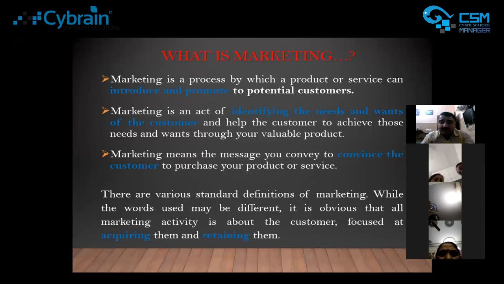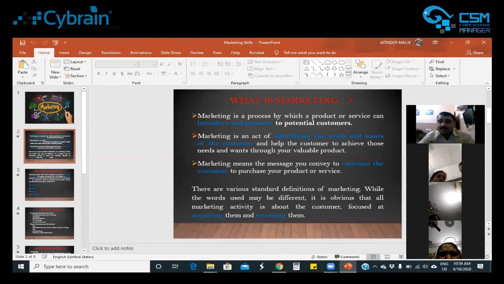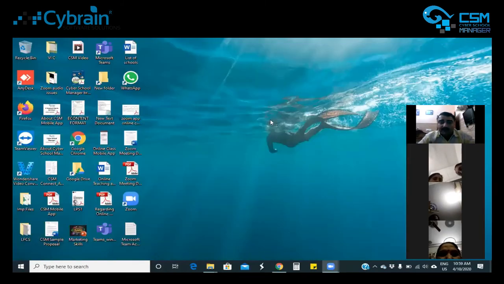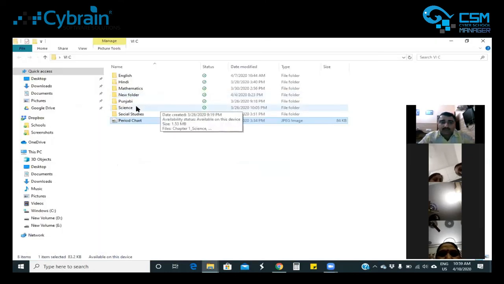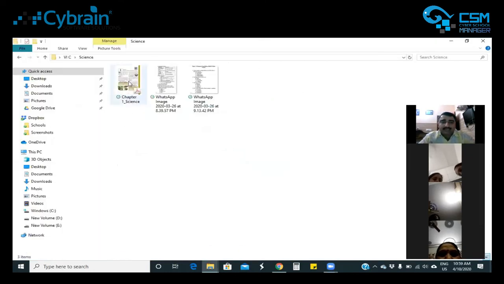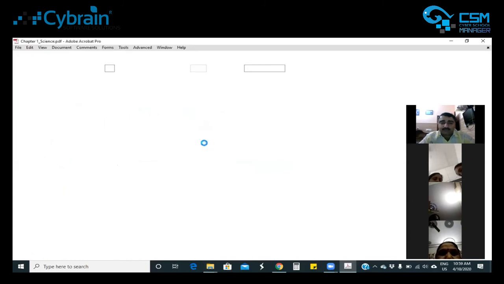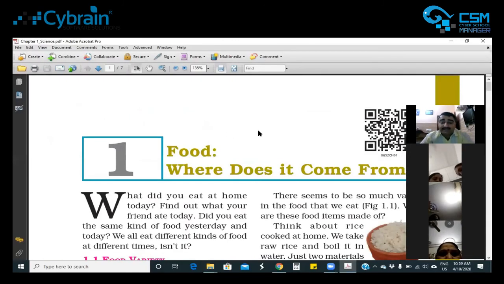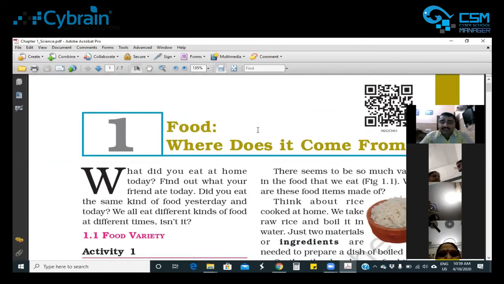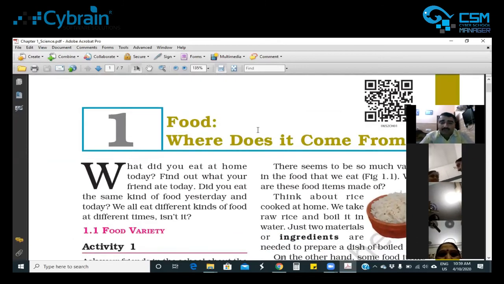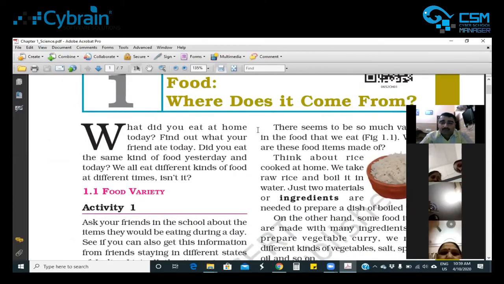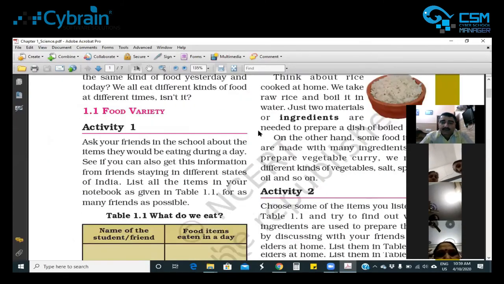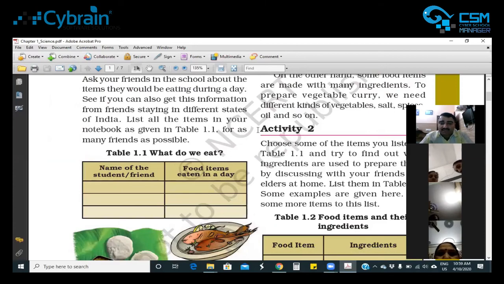In the same way you can create your own document as per your choice, as per your lesson plan. If you have an ebook, I have a sample ebook also. You can open the ebook, or share it with your student. Like this is an ebook of class 6 science. In the same way, you can download ebooks from the internet also, and during your class, you can open the books, and here a lot of exercises and question answers are there.